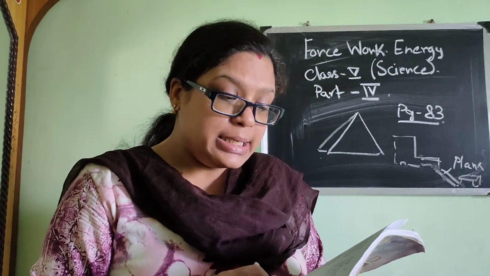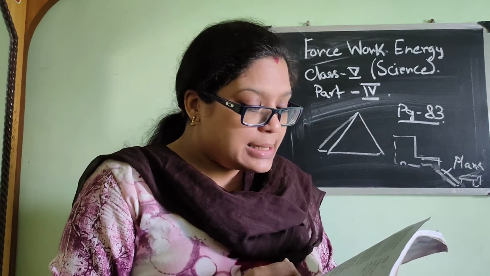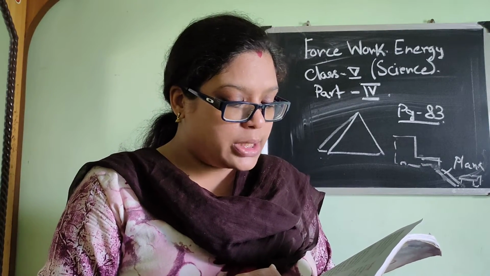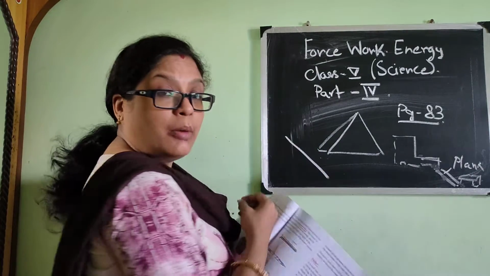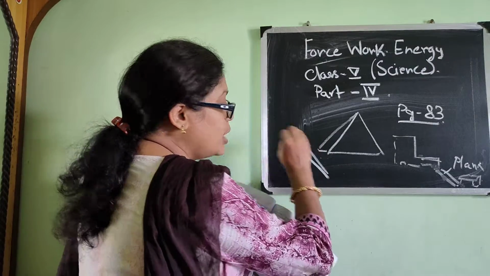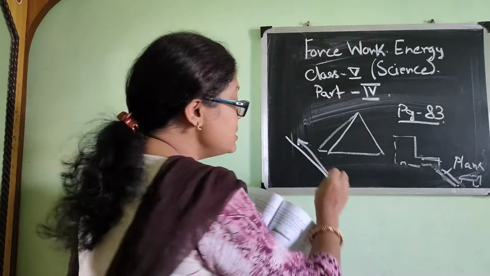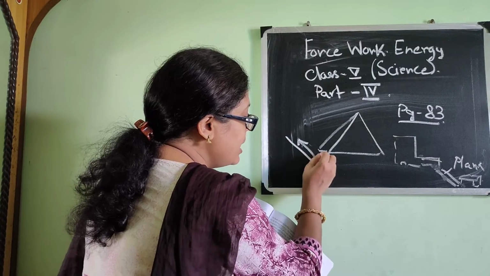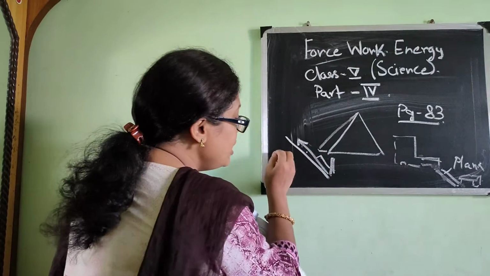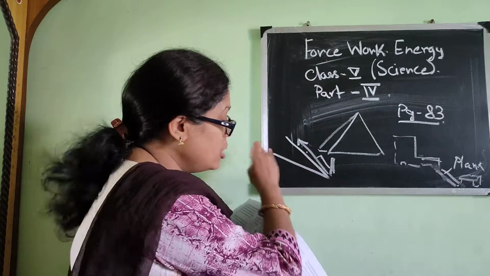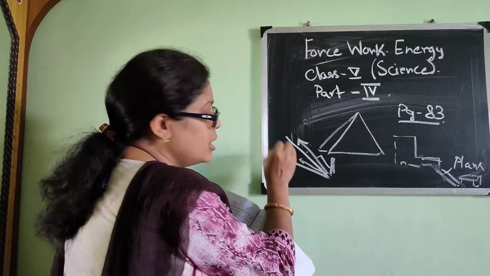A wheelchair can be easily pushed up an inclined plane in a hospital, as I have explained. The less the slope of an inclined plane, the less the force required to push up the load. It is obvious, if it is very steep like a mountain, it will be very difficult to lift a wheelchair up. Why? Because the person is standing behind and the load is in front of him, so the person has to push it up. If the slant is a little less, it will be easier for the person to push it upward.